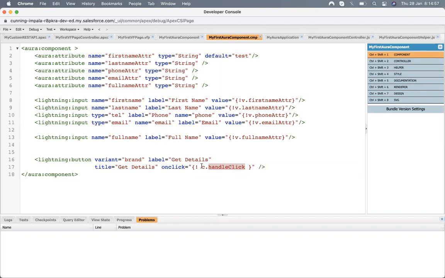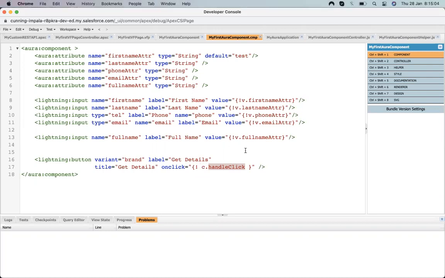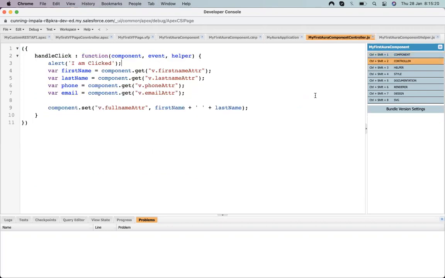Do this controller and helper belong directly to this component page only, or can they be used for different pages? Helper, no, it's only for this. It belongs to only this. They are not going to be used for any other pages. Okay, so each page has its own controller and helper.